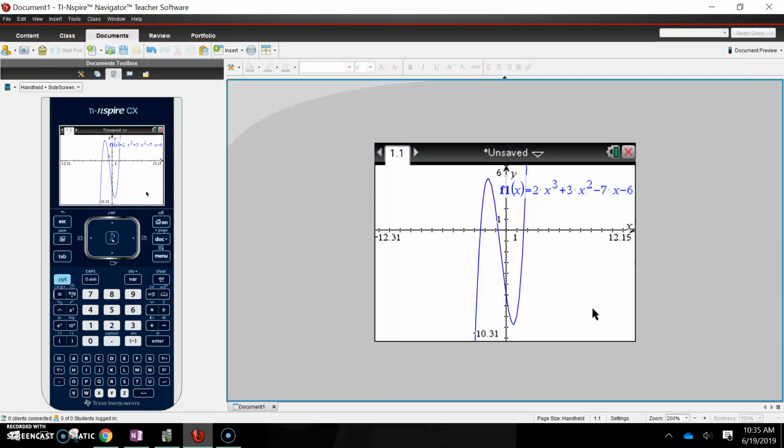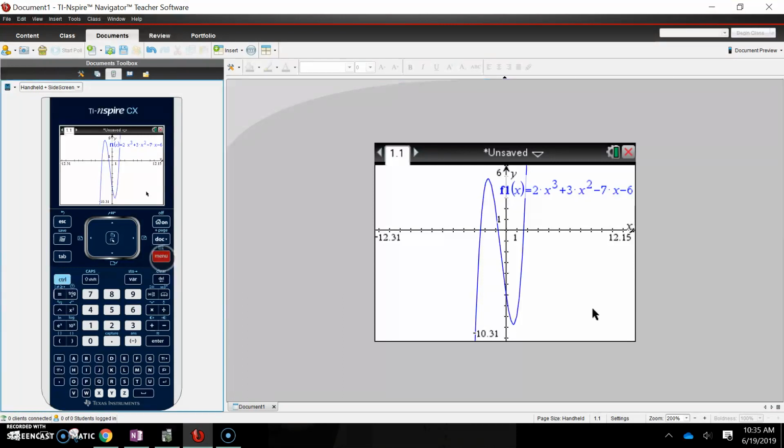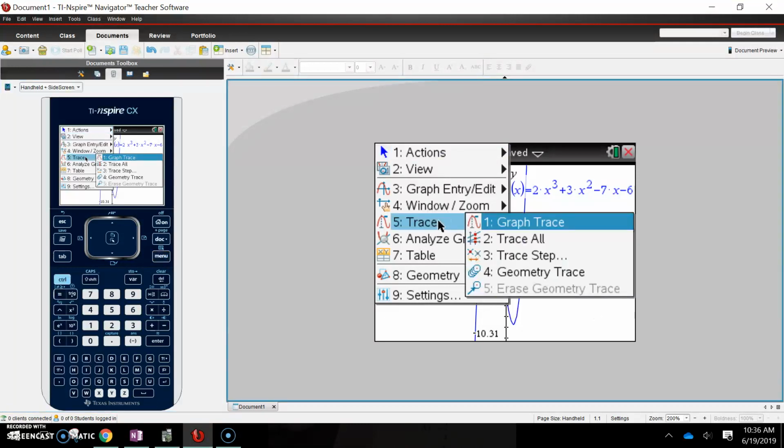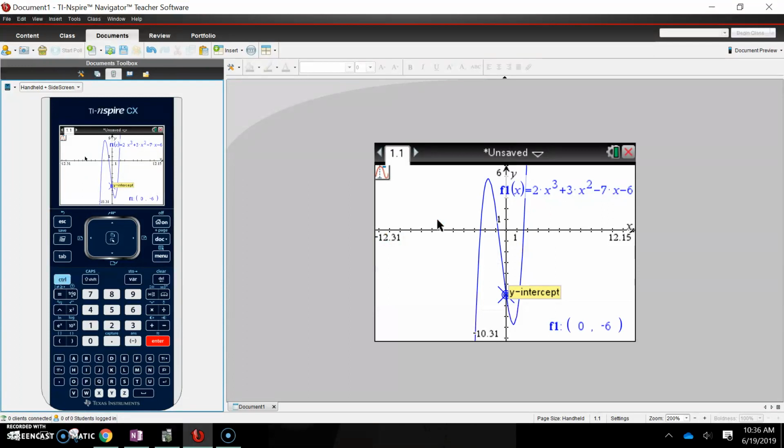So what we need to do is we have 3 x-intercepts, a y-intercept, which we can see right from the equation, and then we have a maximum point and the minimum. So on the Inspire, if we just do a graph trace, it'll give us all our important features. So there's our y-intercept, which we already knew was -6 because that's the constant in the function. So let's just go to the right first, and we see we have a minimum at